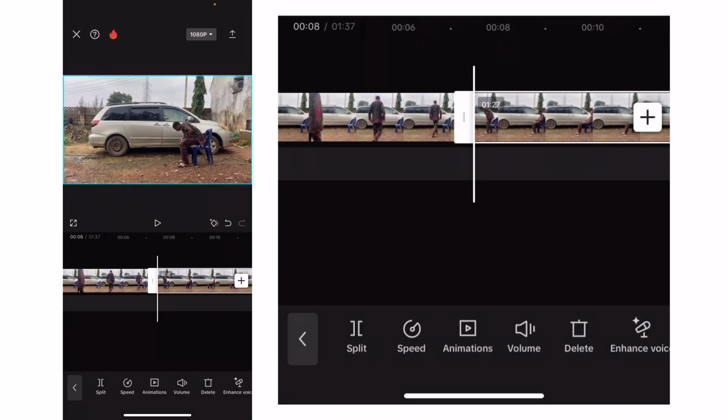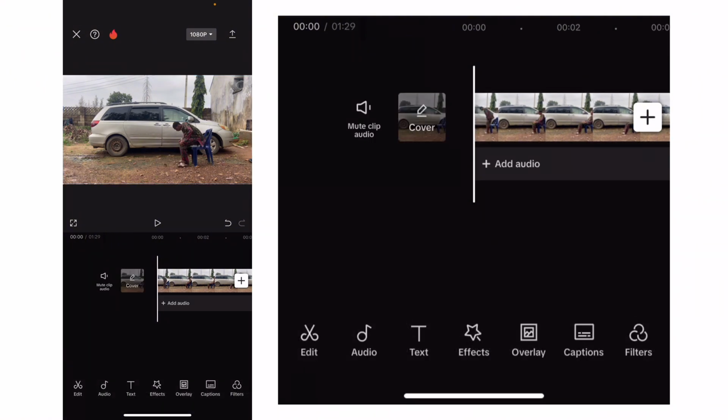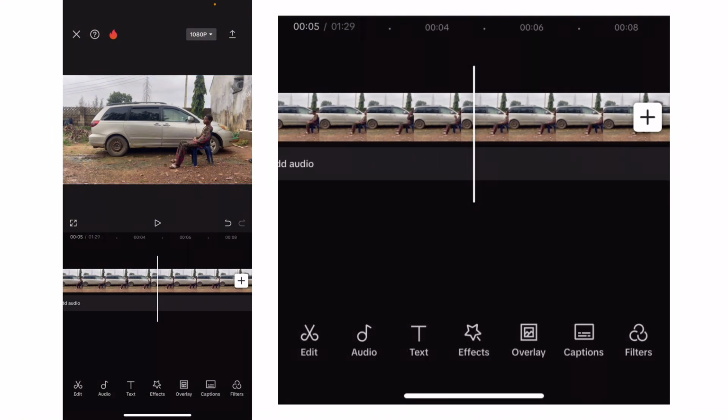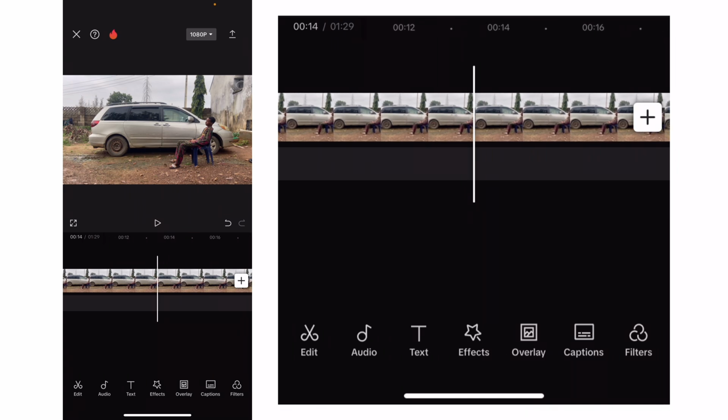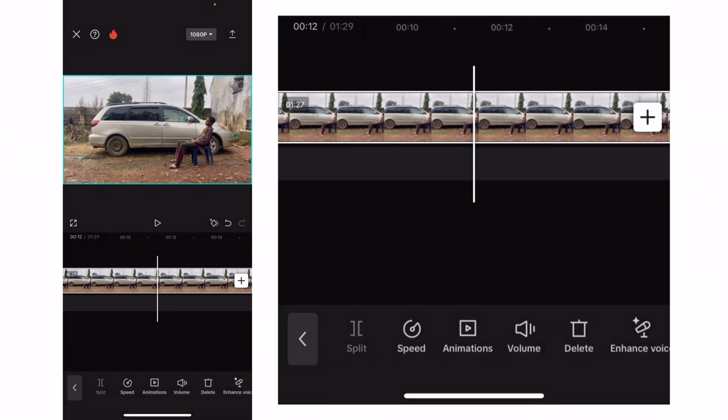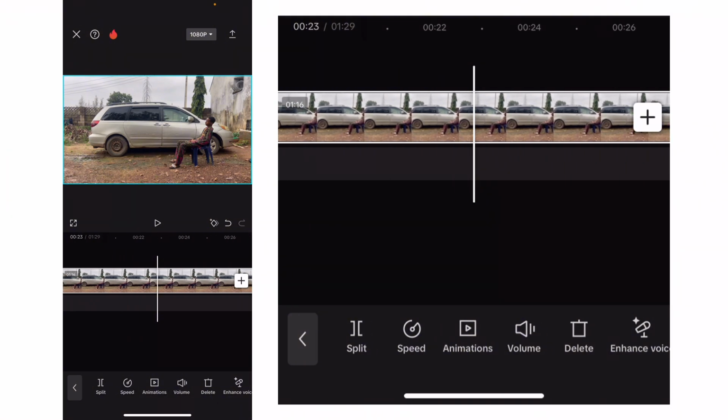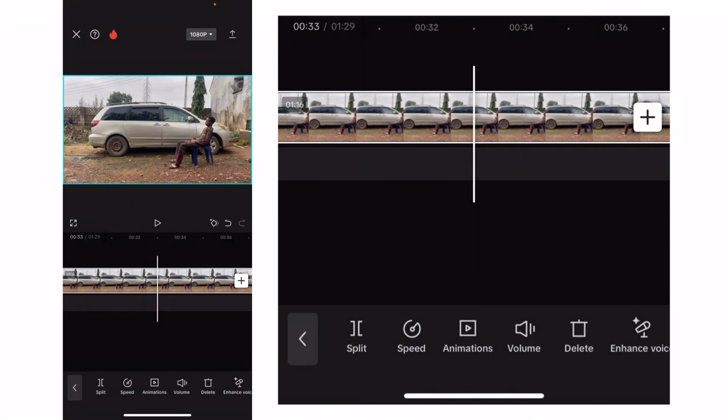Click on split, delete this first part of it. Then you move towards where you want the effect to start from. So I want it here. Click on split. Then you locate where